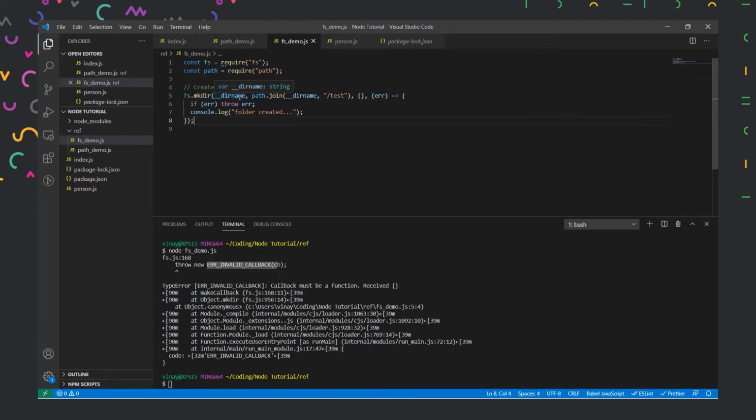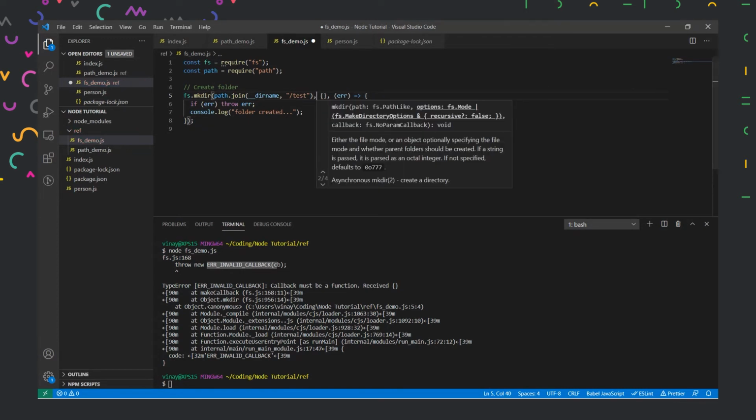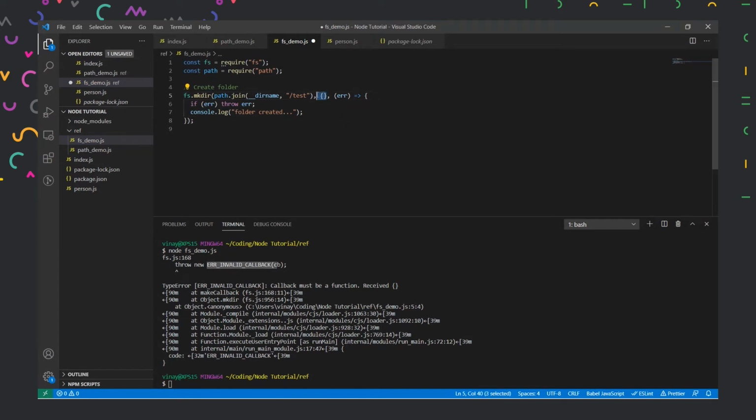We have the directory name declared before itself, so we should have declared it over here. It will take in two parameters, correct? And then we don't have anything to pass in as our second argument, so we'll just pass in an empty object over here. And now let us try this out.